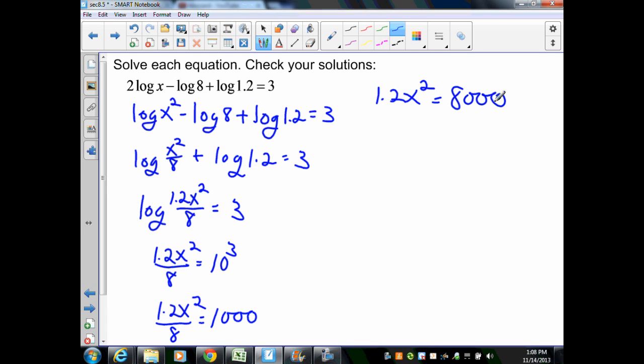Divide both sides by 1.2, I get x squared equals 6,666 and 2/3. Take the square root of both sides, and I'm going to get x equal to be plus or minus